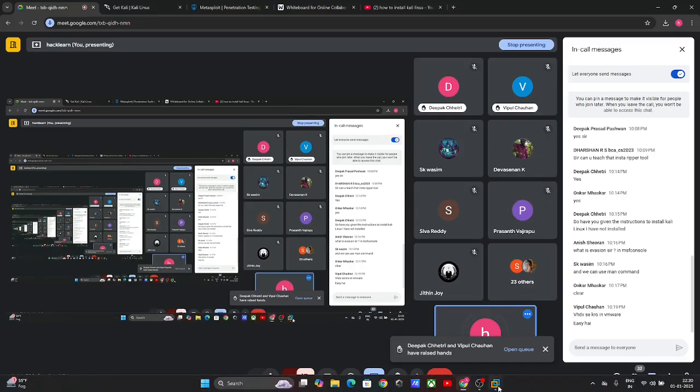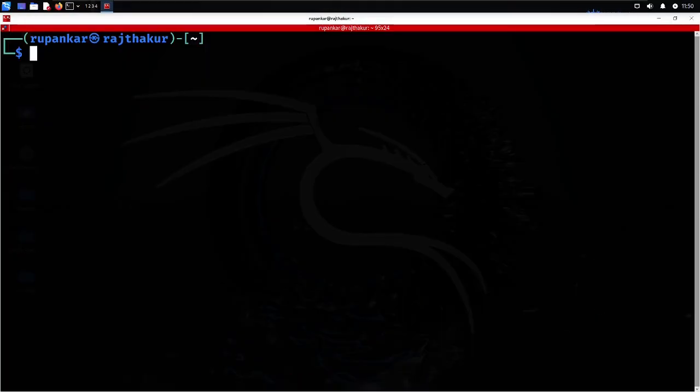Okay, so once you start, all the files of Metasploit are saved in /usr/share/metasploit-framework, and in that framework folder all the Metasploit files are shared. So